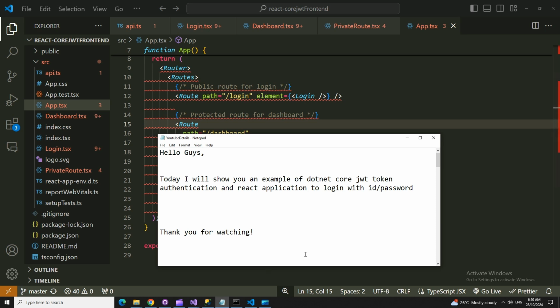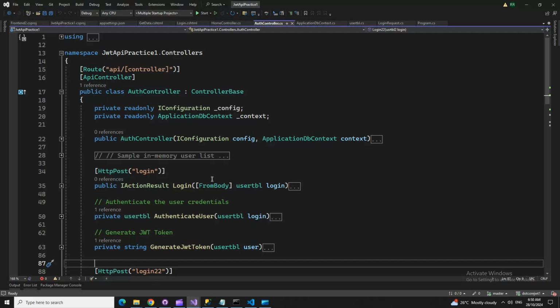Hello friends, today I'm going to show you an example of .NET Core JWT token authentication in a React application. If you have watched my videos, the previous video was about creating a JWT token authentication on .NET Core. So this was the previous application. I would be using the same one to create a connection with a React application and show how to manage a login